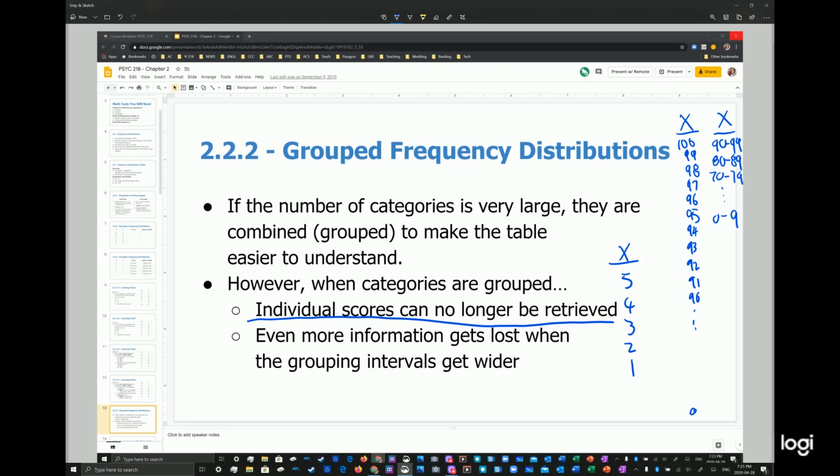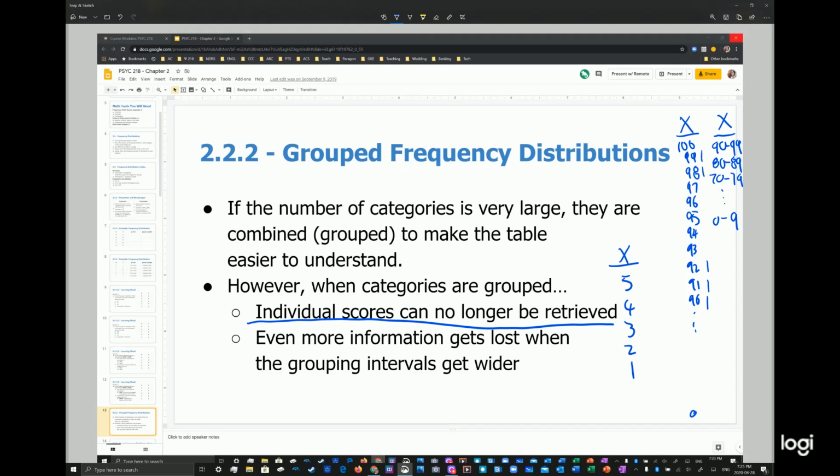That means if I kept all the individual numbers in 0 to 100 and just divide by 1, let's say, oh, somebody got 92%, and somebody got 91%, and somebody got 90%. If I kept the individual values, I can say one person got 90%, one person got 91, one person got 92. Just to make it even better, I could say, oh, one person got 98 and one person got 99, let's say. Now, if I were to group the frequency